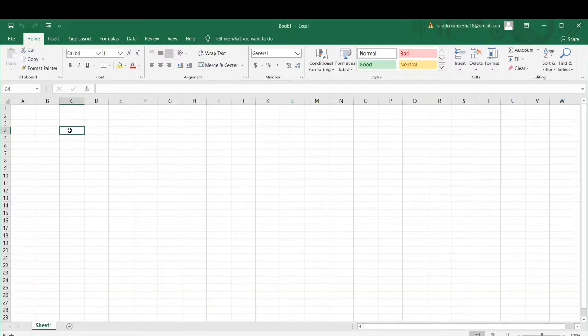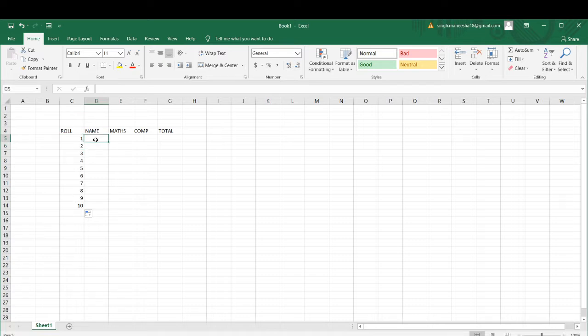Let me open a blank one, and now quickly I will design some columns: roll number, then name, then maths marks and computer marks. I will do the total, and I will find how many students of my class were good in maths and computer. 1, then 2, and then I will drag these two. See, like this, no need to write each and everything. Write down first and second, the difference is 1, select it, and then click to drag it.